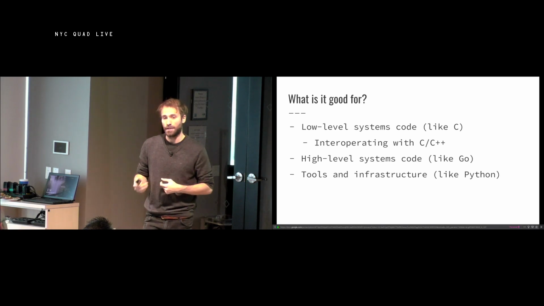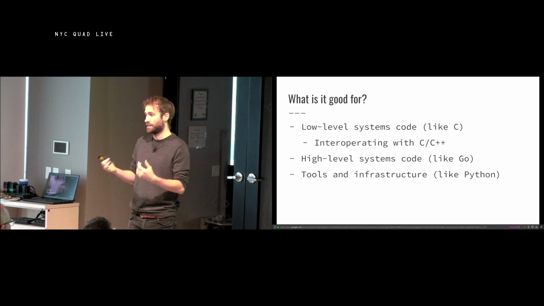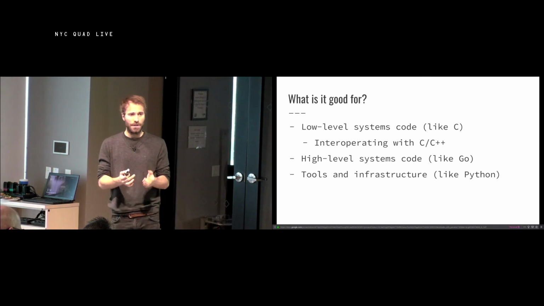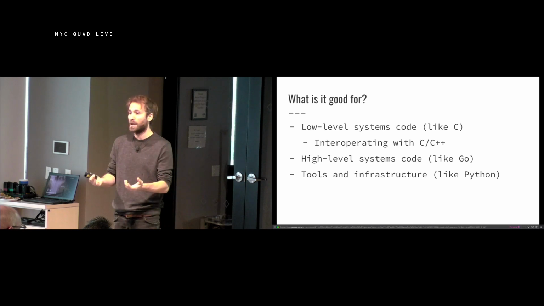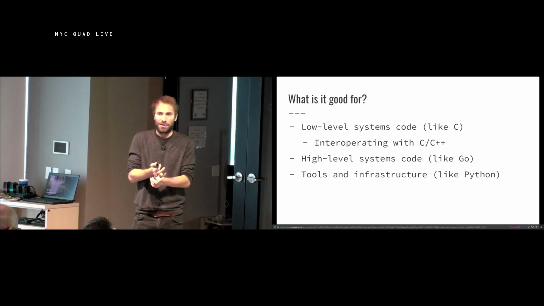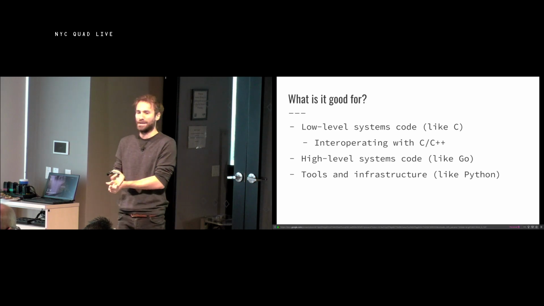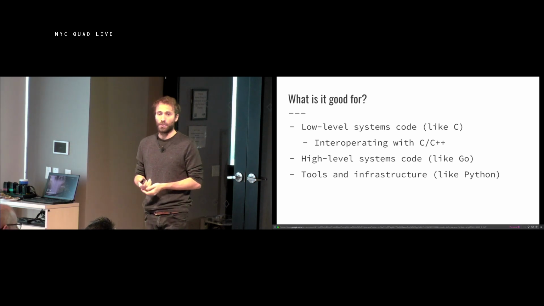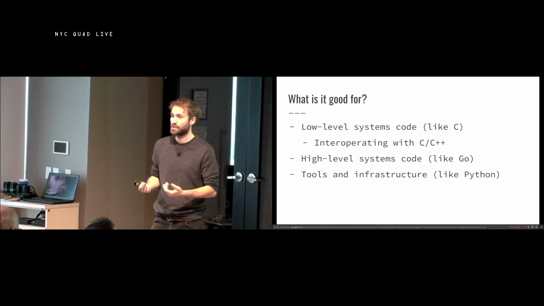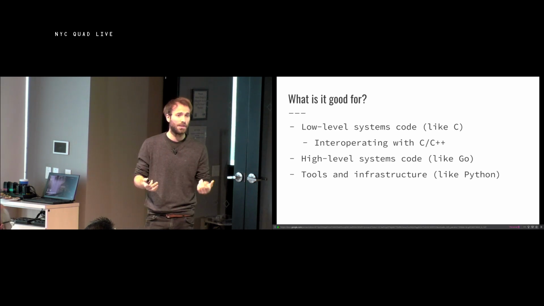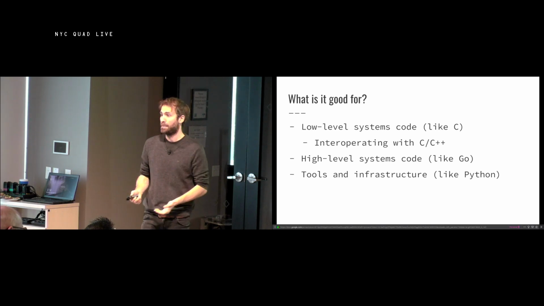But you can also write high-level software in Rust. Because of its type system, Rust is quite pleasant to work with. And you will find that you can actually write code that looks almost like Python code, except that it is also fast and the compiler will check if you have an incorrect type as opposed to crashing at runtime. In fact, I've found that I write both high-level systems code, network servers like I would in Go, and tools and infrastructure like command line utilities in Rust and feel perfectly happy doing so.